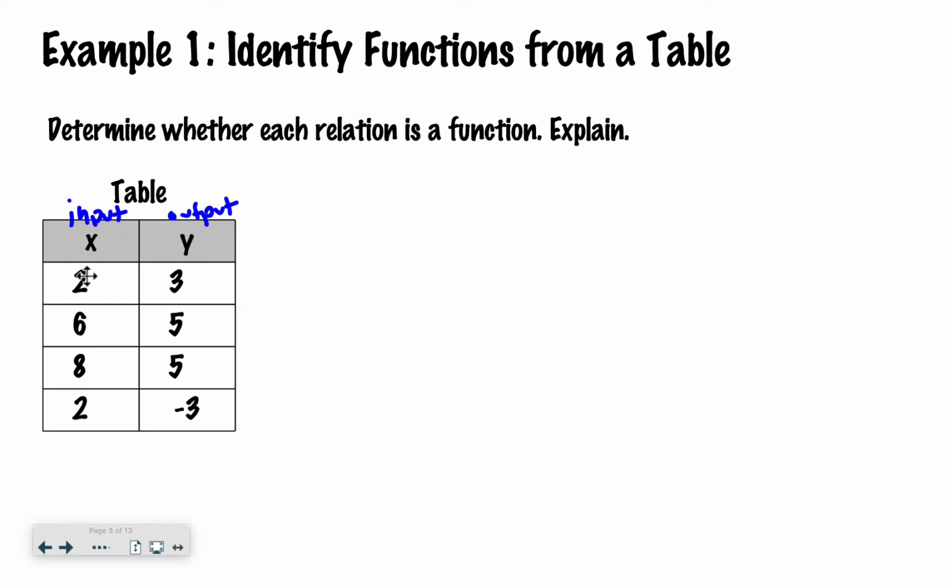I see 2 goes to 3, 6 goes to 5, 8 goes to 5, and 2 goes to -3. I noticed 2 is in my inputs twice, and they go to two different numbers. So this would not be a function